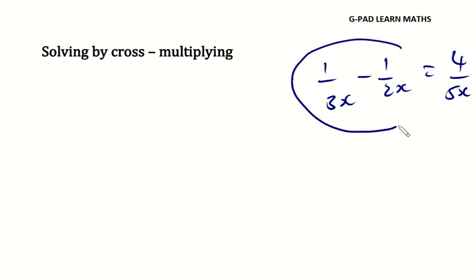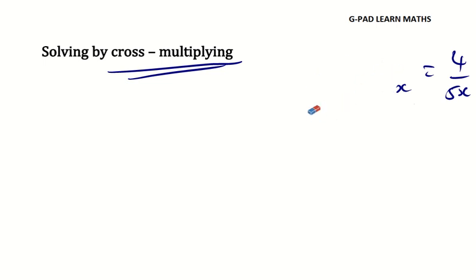You should know how to add and subtract fractions, so you can just do that here. It will become one fraction. So why am I saying this? This tool is very powerful. Cross multiplication. Cross multiplying is a very, very powerful tool, and it works best when you have a fraction on